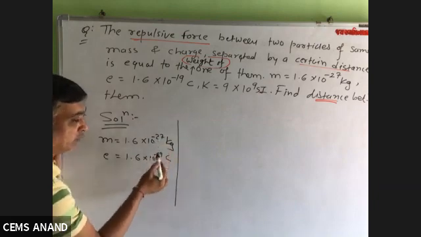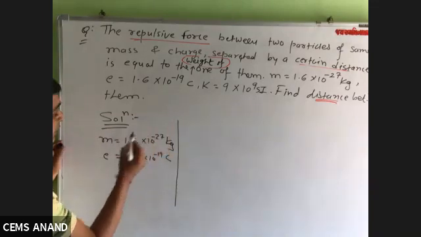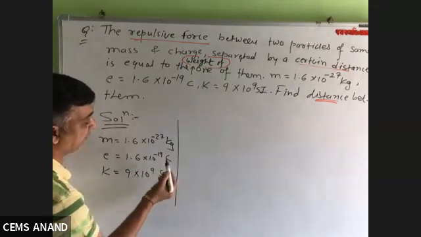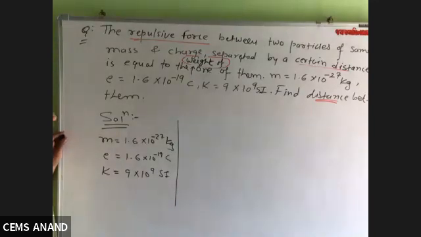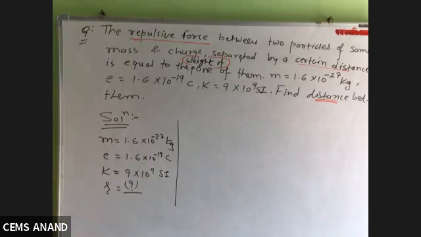We have to check the units of all given quantities as well, because they should be in the same unit system. If not, then we have to convert, and for that purpose we choose to convert those quantities which are fewer in number and different from the other ones. Now the value of K is 9 into 10 raised to 9 in SI units. That means all of these are given in the same unit system. So we are asked for the distance between them, r. So this is what we need to find.